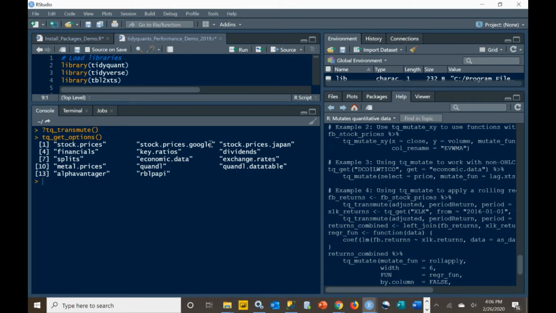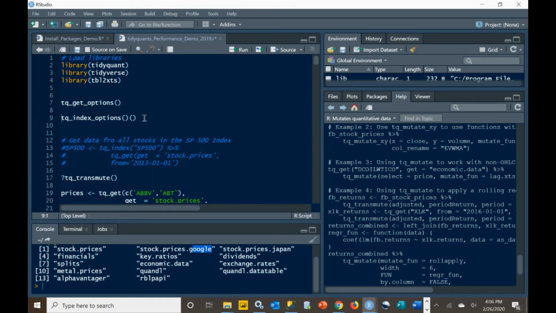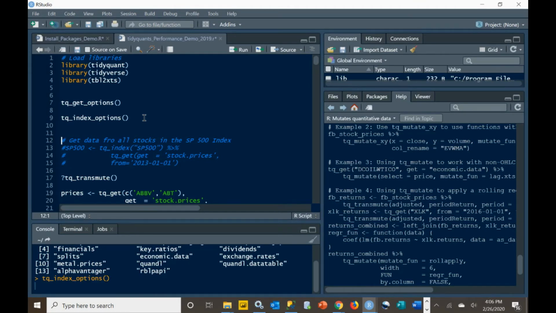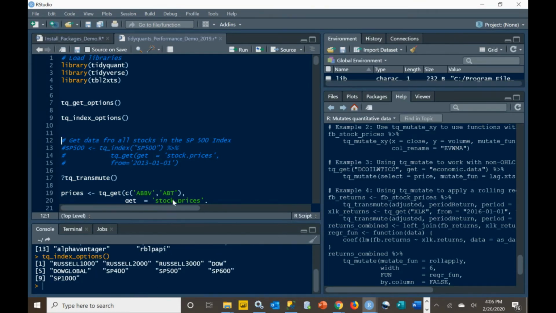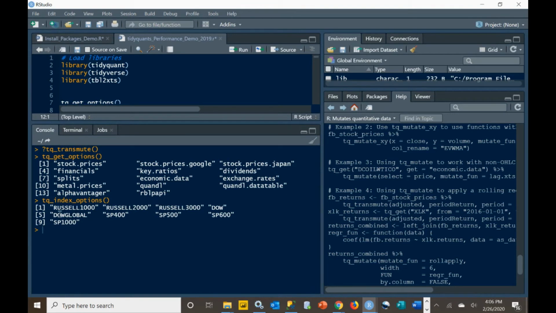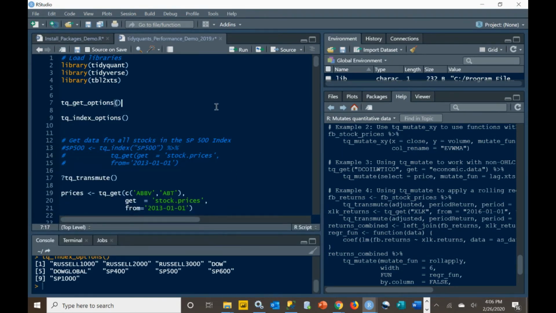Or you can get data from Google if you prefer not to get it from Yahoo Finance. So that's something you can do. And there's also this tq_index option, and that tells you that you can get data for individual stocks within these indexes. So you can see the S&P 500 is one, the Dow is one, and so forth. So those are also available within this tidyquant package. Okay, so go back to the